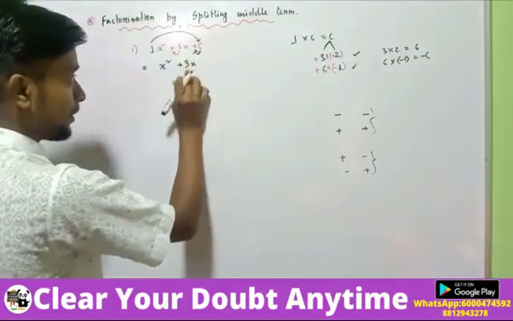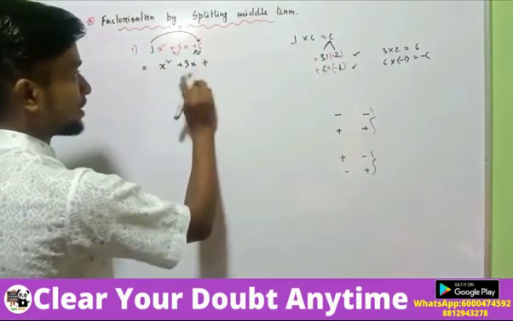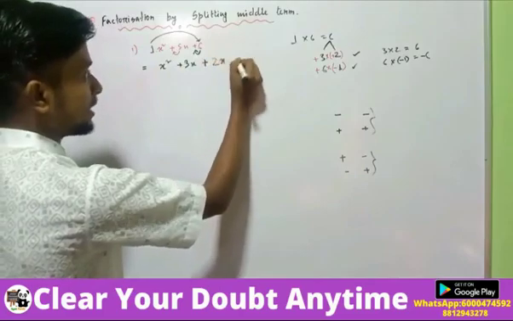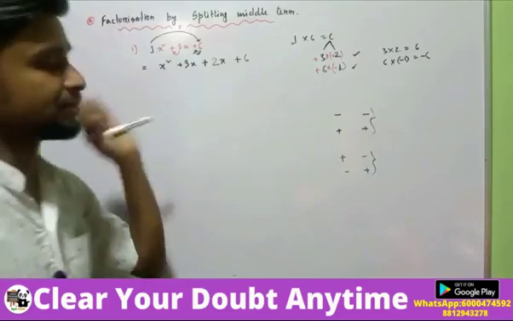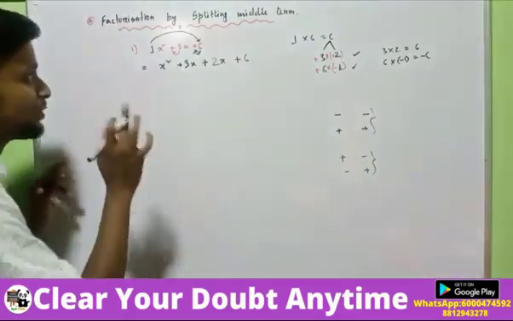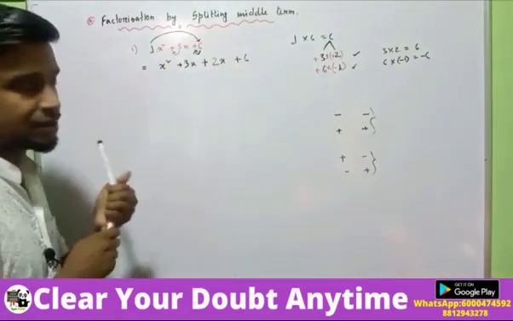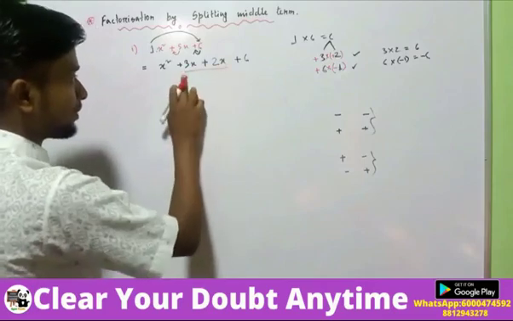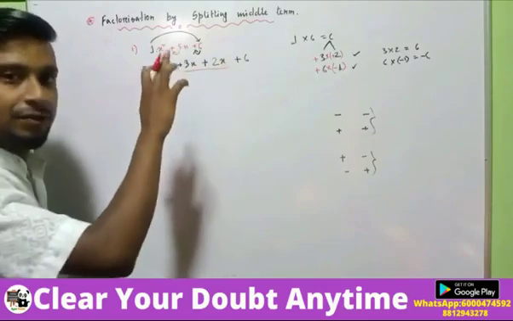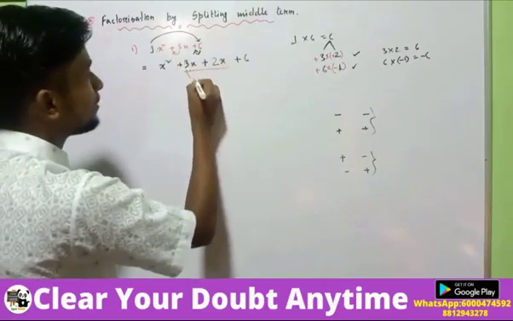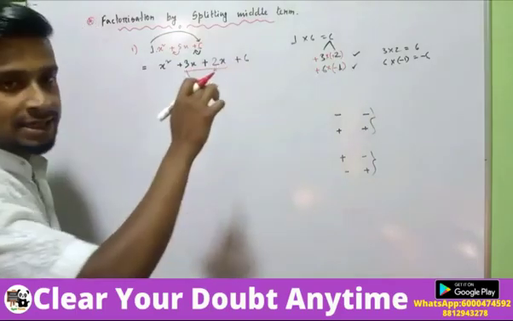We have to give 3x plus 2x, the other terms will be the same. We just need to split the middle term only. Now verify on this step whether we are correct or not. Check that 3x plus 2x is 5x, right? We are correct. Again, if we multiply these two numbers, 3 and 2, we get plus 6.